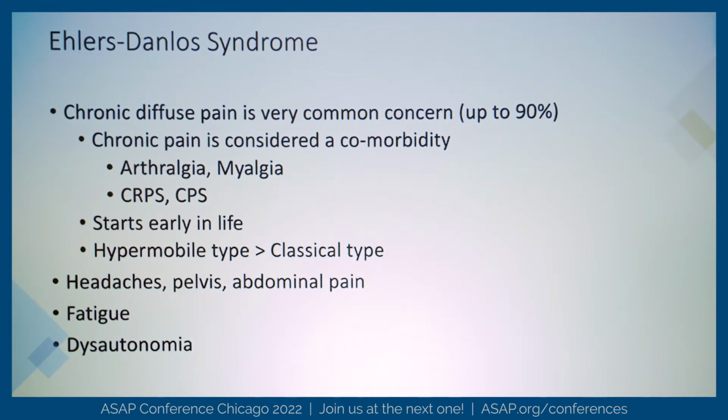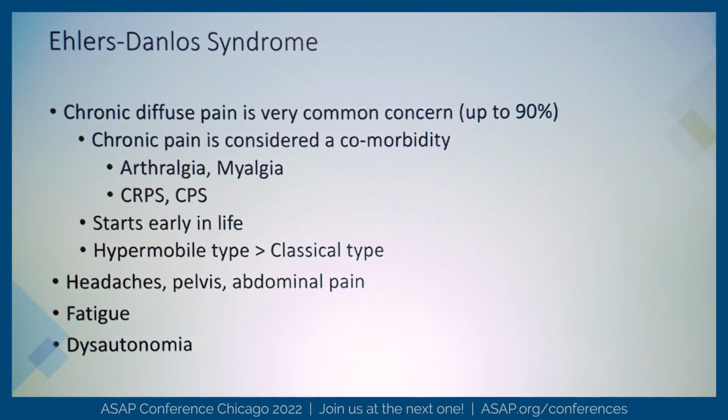Arthralgia and myalgias are the most common concern, but we see quite a few central pain syndromes, such as CRPS and central pain syndrome, central sensitization. And that comes from just years of chronic pain that over time seems to be disproportionate to either the initial injury that could have started it or the inciting event. But very often you don't identify an inciting event or where it started or even how it started, especially if